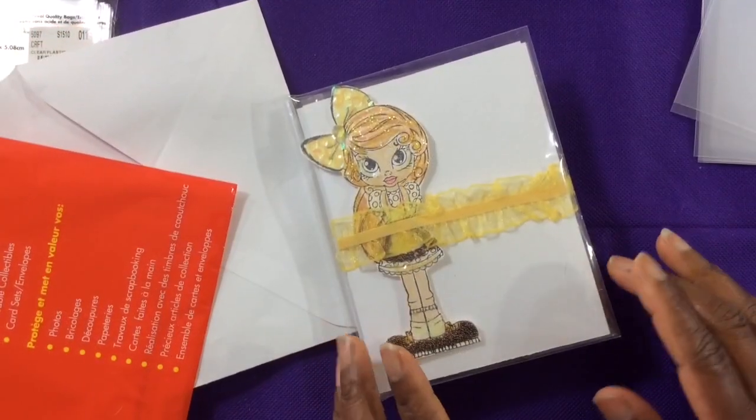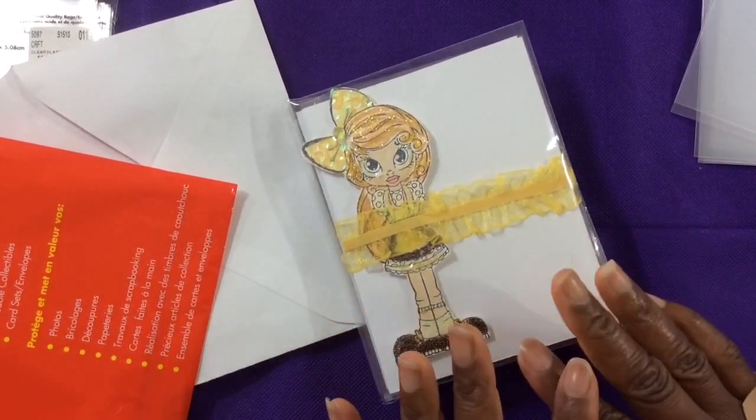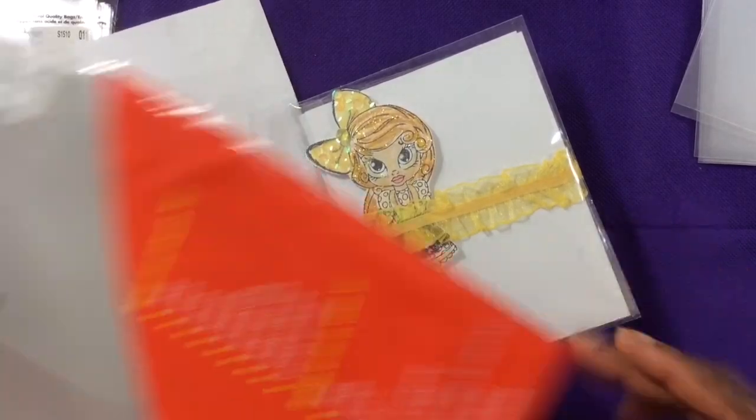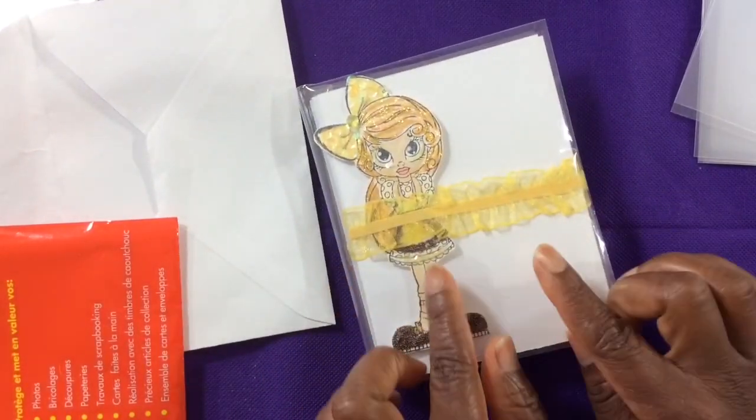So I'm not going to have enough time to film the segment of the tutorial in this video, but I promise you that will be coming to you shortly. I might even use one of the larger bags for my next. But I want to get the ball rolling. I want to send this to one of my viewers